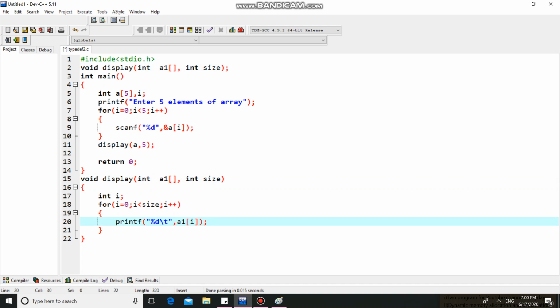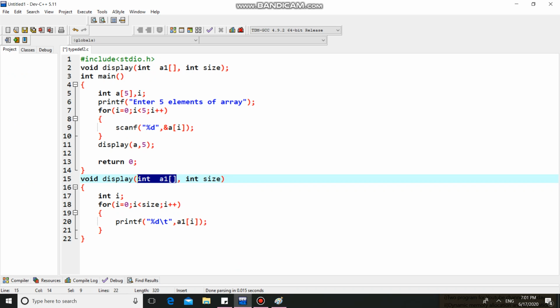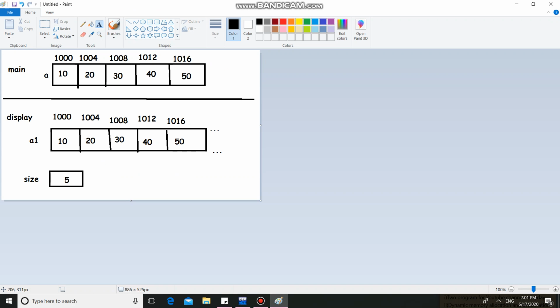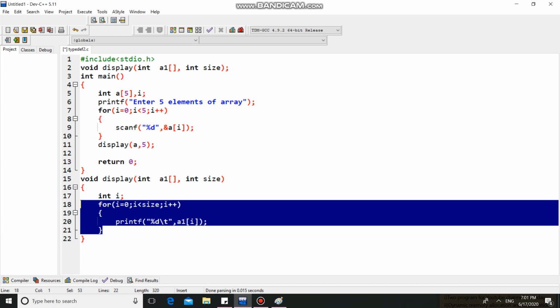A new array, a1, will be created, and as we have passed the base address, that address will be assigned to the new array. As the base addresses are the same, automatically the next addresses are the same, and all the values from a to a1 will be copied as they are, and we are printing those values with the help of this code.